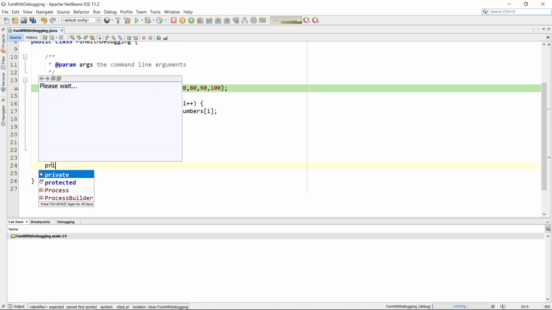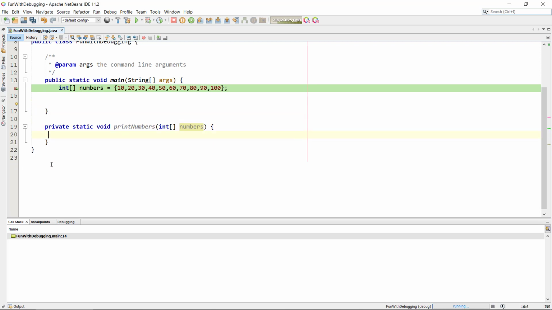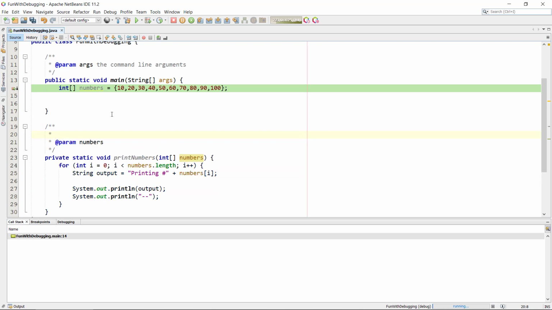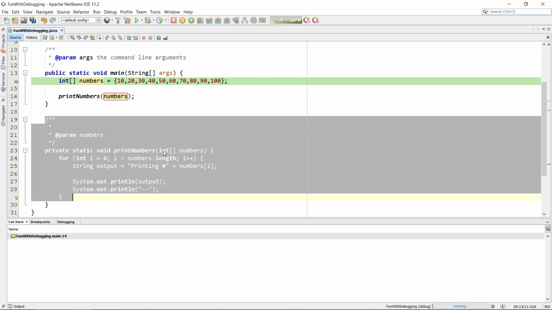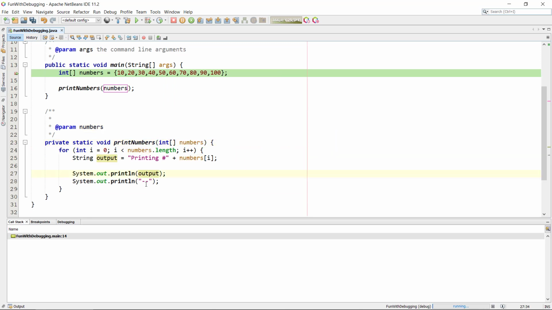I'm going to make a private static void printNumbers. Let's imagine we had a function that would print this array here. So we're going to take the code here, and it's probably not a big deal, but it's something that could help you a little bit. So we run printNumbers and we put in the array. Basically I have created my own little helper method that will print the numbers from an array, and maybe this is not really useful in a real project, but hopefully it will be helpful to illustrate the point of